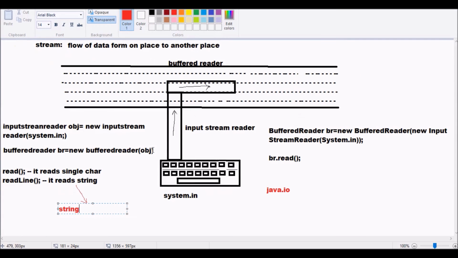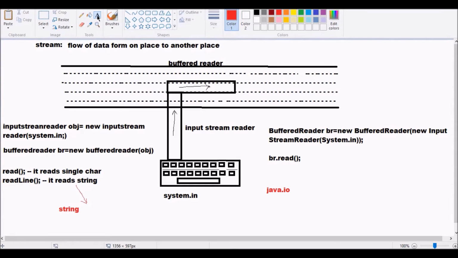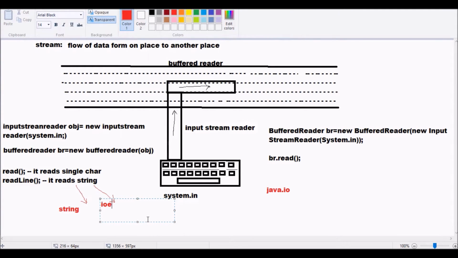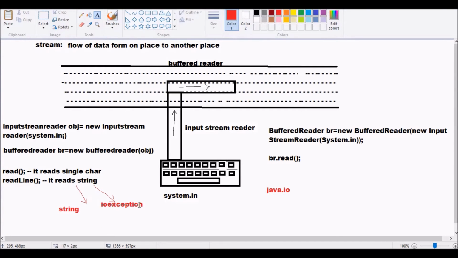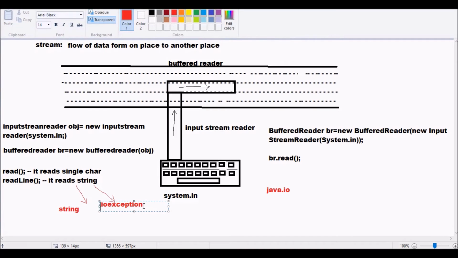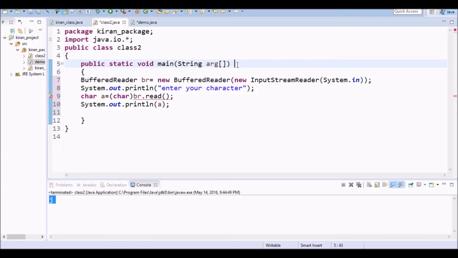Another thing with the read and readLine methods is that they are going to throw some exceptions. What are those exceptions? IOExceptions. We want to handle our exception, or we can throw this exception away from this class. How are we going to do that? Throws IOException. Sorry, this is throws.